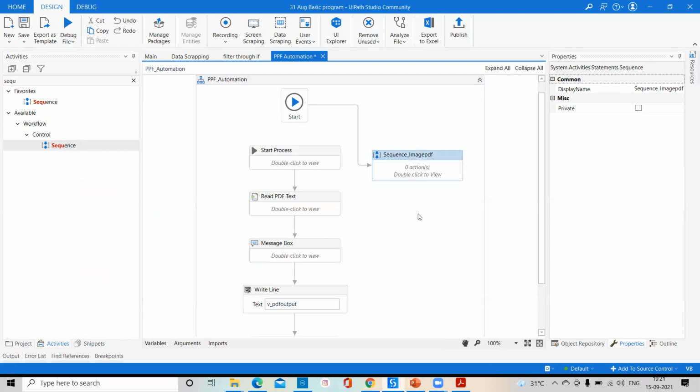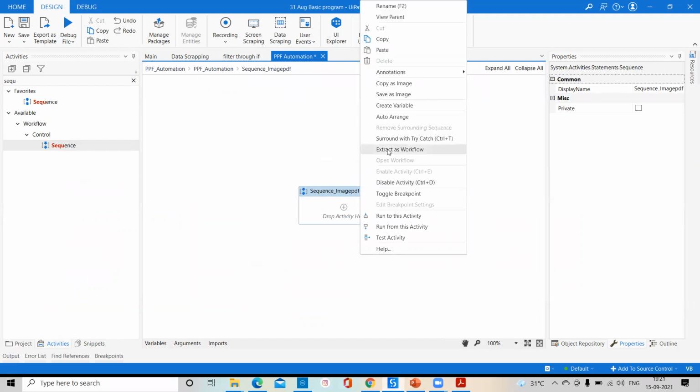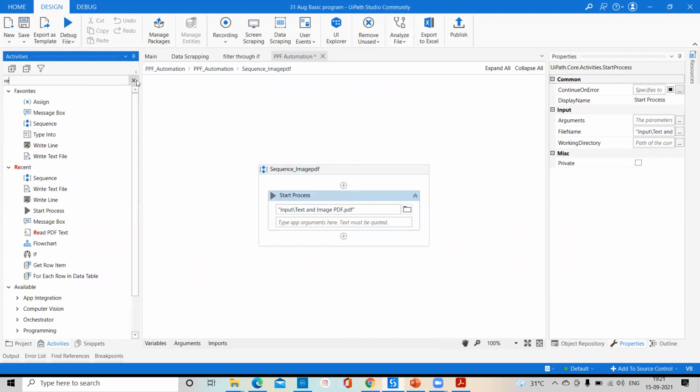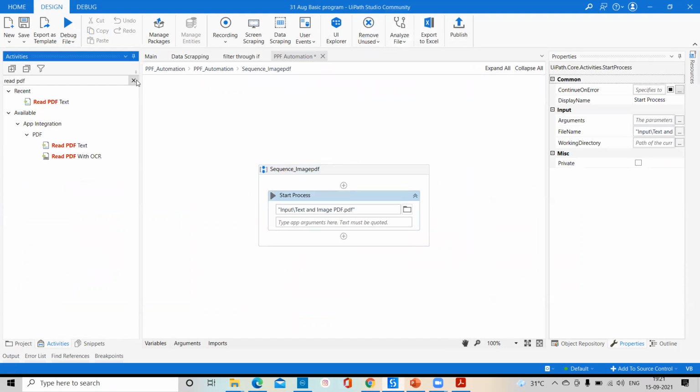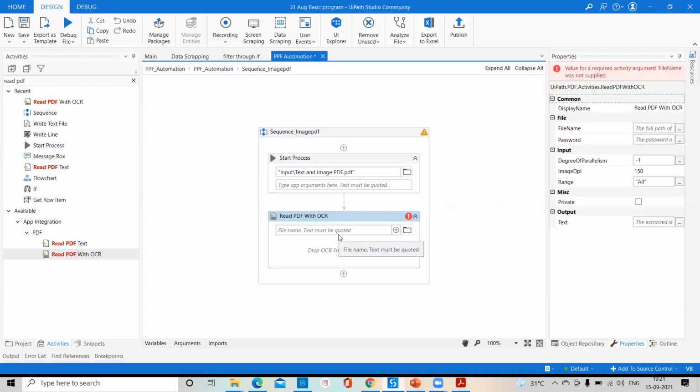So same thing we'll do here. The activity, I can copy this part, start process, and I will keep it inside this sequence, paste, and after that here we'll go for read PDF OCR. So there are two activities, read PDF text and OCR. We'll go for OCR right now. So OCR is especially for image data.